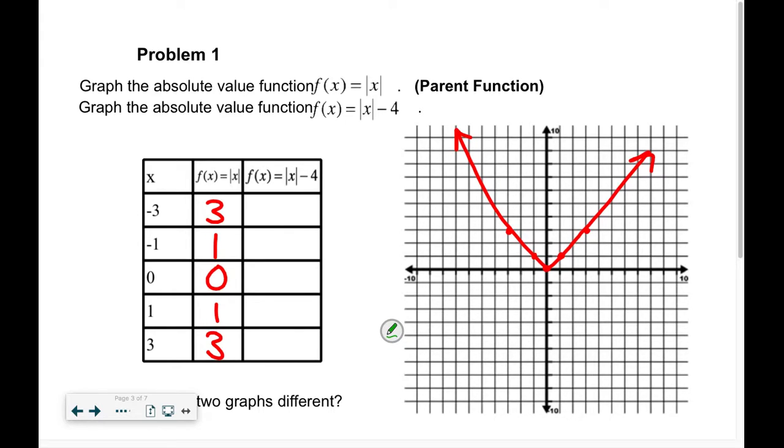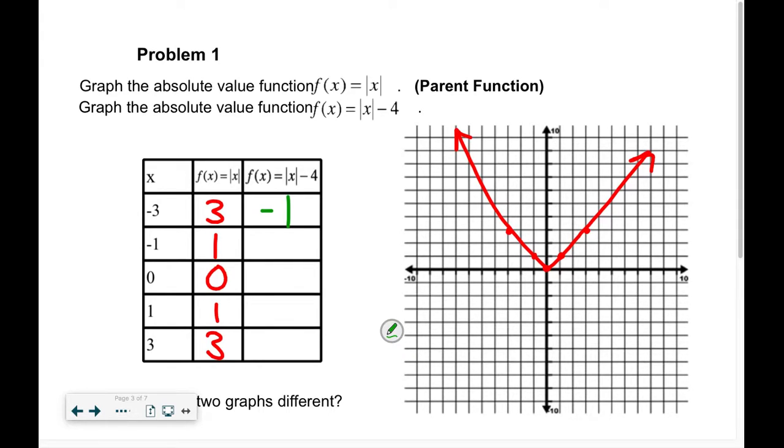Okay, now we're going to graph the function absolute value of x minus 4. Question: is the minus tacked on at the end, or is it in something that looks like parentheses? Tacked on at the end, so what do you think it's going to do? Minus it, go down 4. Let's check to make sure. Absolute value of -3 is 3, like we said. If we subtract 4 from that, we get